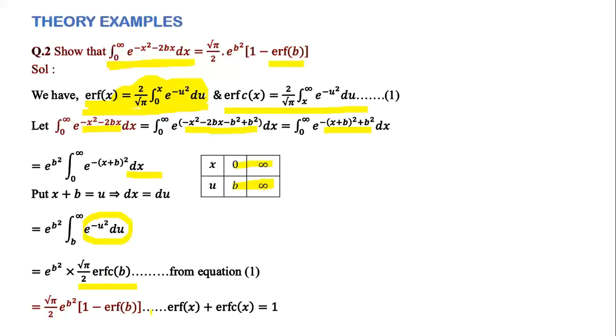So again, let me tell you the approach of this given question. I have given some integral. We have to find this value in terms of error function. If you see the definition of error function, you will find the term e raised to minus u square. So you have to adjust this integral in terms of e raised to minus u square. To do this, we add plus b square minus b square, and after that just put x plus b equal to u, so that you will get that error function integral.